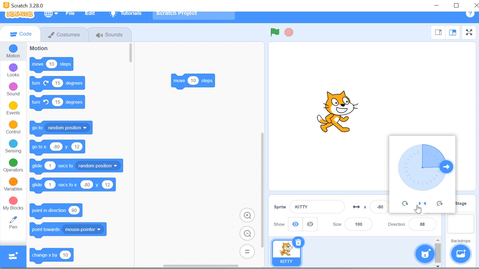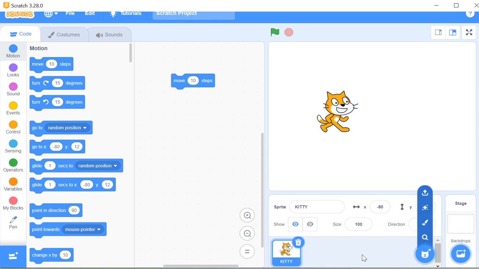Now here you can, children, here you can see the rotation. If you want to rotate it, you can click this. You can do undo and redo things are here. Okay, now we have, children, in our scratch 2 generally we have option